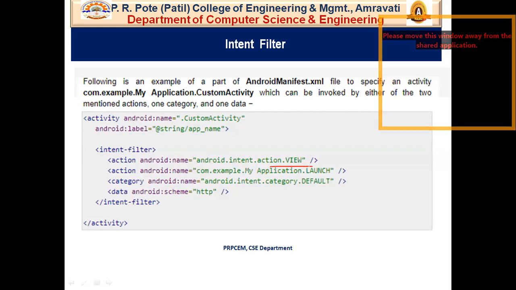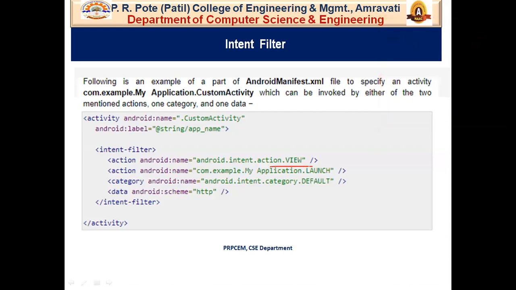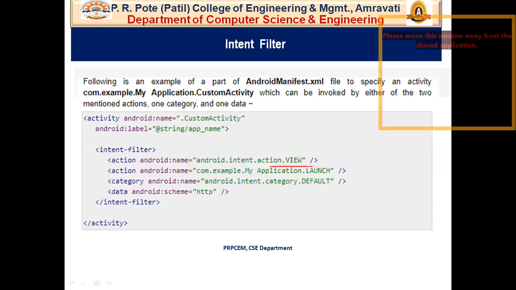We tried to open a contact in the implicit intent example. So this comes as a part of that particular intent filter, and the category being default. So there is no additional category, there is only the default category. So this is about the intent filter.